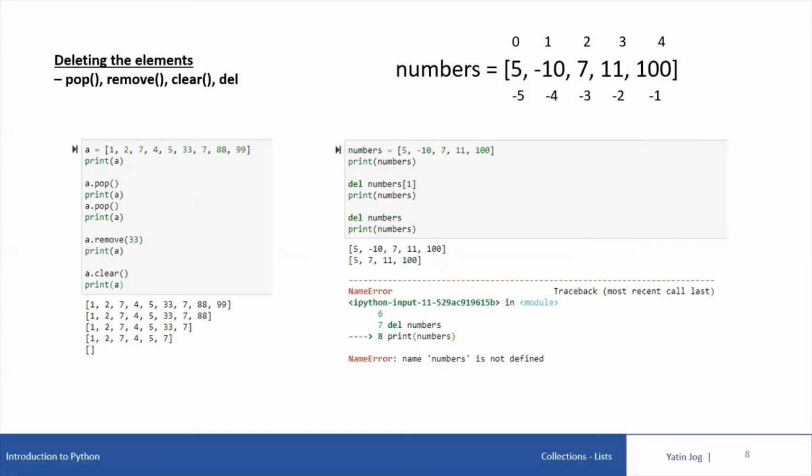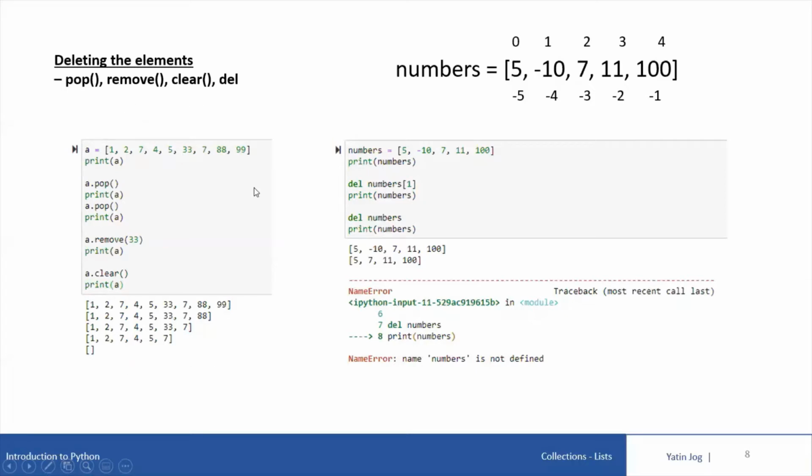In this video, we are going to discuss how to delete the elements from a list variable. So we are going to discuss four things, three methods and one function: pop, remove, and clear. These are list methods. That means these methods have to be invoked with list variables. And then del is a function. With this function, we can use list variables.